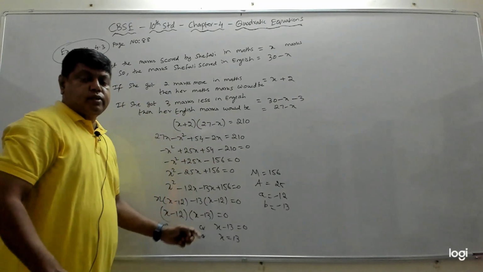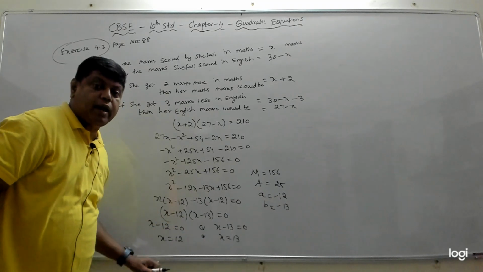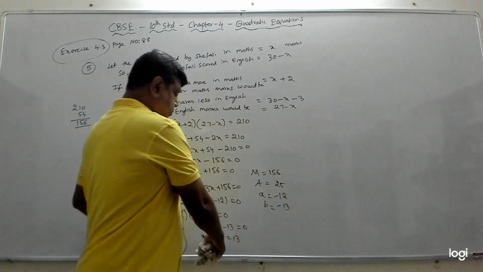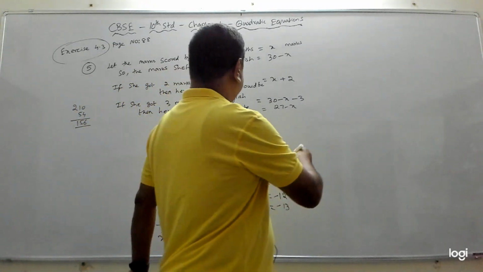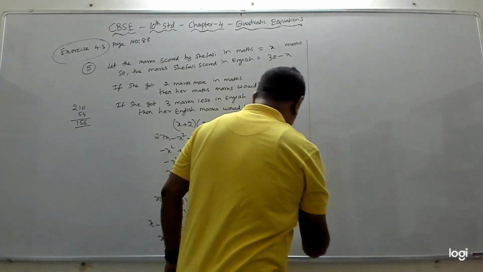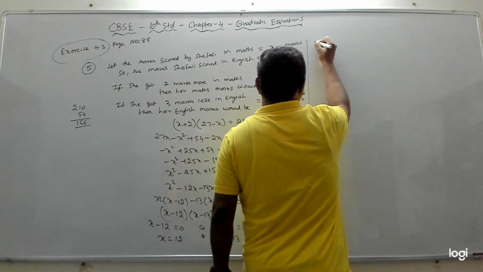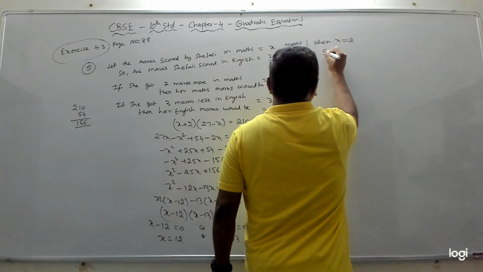Now here both the cases are possible. Both are positive, which means both are valid answers. Suppose if anything was negative, we can ignore it. But here both are positive, which means we should take both the cases. Now, when x is 12, what happens? When x is equal to 12, Shifali's